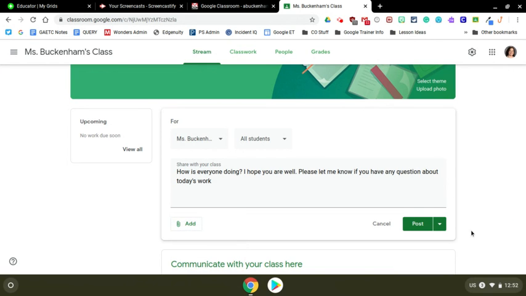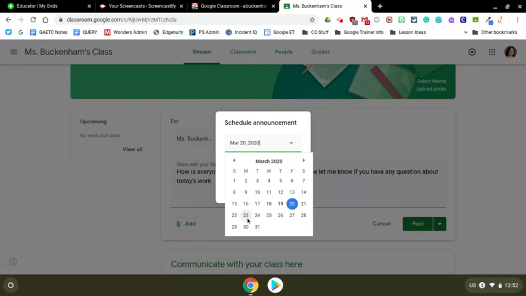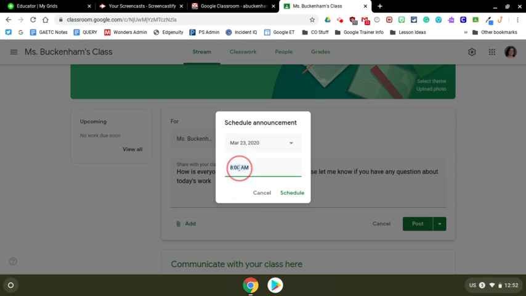Before you click post, I want you to take a look at this little upside down triangle. You have an option here. If you want to post right away, you can click post. If you want to schedule yours to go out, I know we talked about having all the assignments go out at 9 o'clock each day. If you didn't post all of yours for the week and you wanted it to automatically pop up each day so it didn't overwhelm your students, you can actually click on the date that you want it to go out and the time,